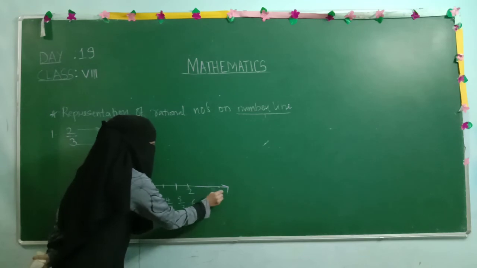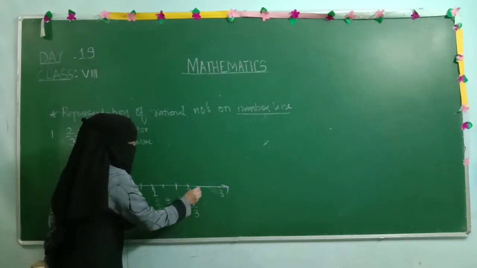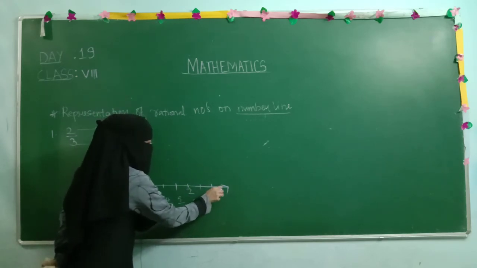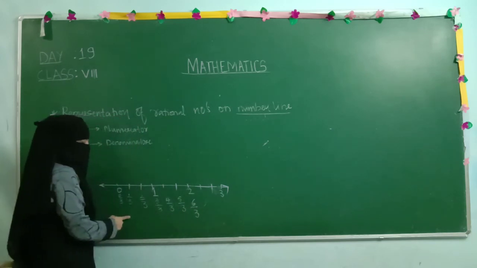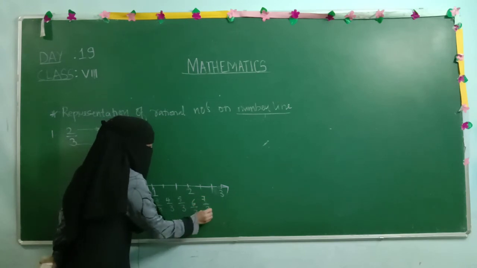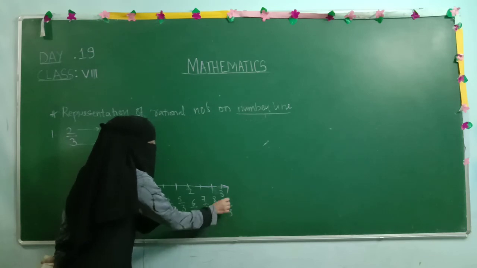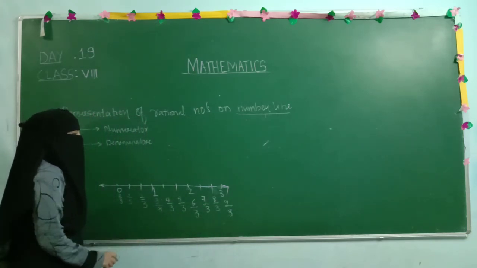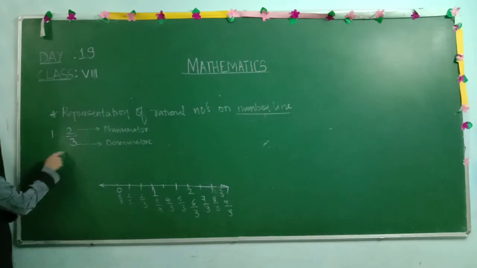Suppose 3 is here. We need to divide into 3 parts. Okay. 1, 2, 3. The denominator is not going to be changed. It is constant. So 6 by 3, 7 by 3, 8 upon 3, and this is 9 upon 3. 9 upon 3, again 9 is getting cancelled by 3. 3 ones, 3 threes. Again we will get 3. Is it clear? So 2 by 3 we need to represent.